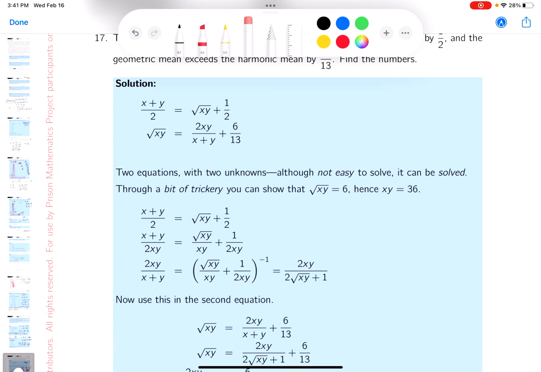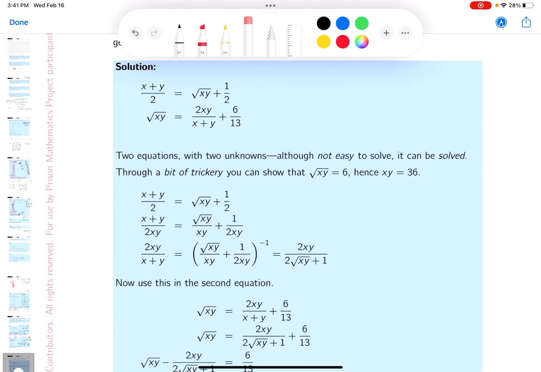Now what do they say? Well, they say, now use this in the second equation. What does that mean? It means this is going to go in this guy's place. That's what it means. So I'm going to write that down now. I'm going to write down in the second equation, this would be the root xy equals, well, what goes there? 2xy over 2 root xy plus 1 plus